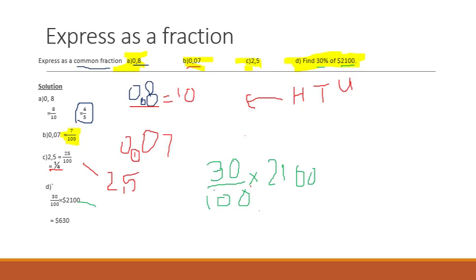Now it's pretty straightforward. What we can do is cancel here and cancel there. Now we have 3 multiplied by 210, which will give us 3 times 0, it's 0. 3 times 1, it's 3. 3 times 2, it's 6. So our answer is